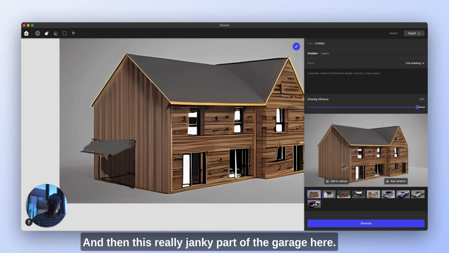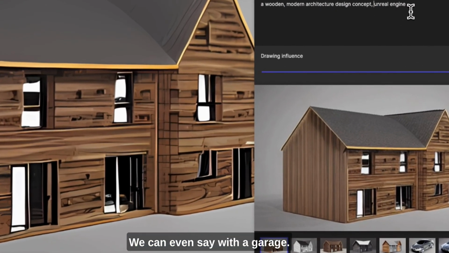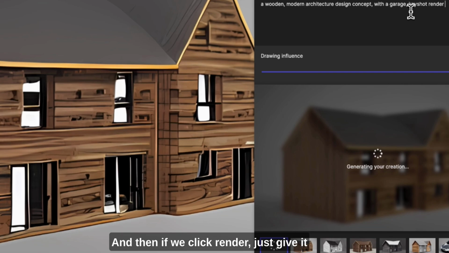And then this really janky part of the garage here, architecture design concept, we can even say with a garage. And let's say we want to do KeyShot instead of Unreal Engine. Cool. And then if we click render,